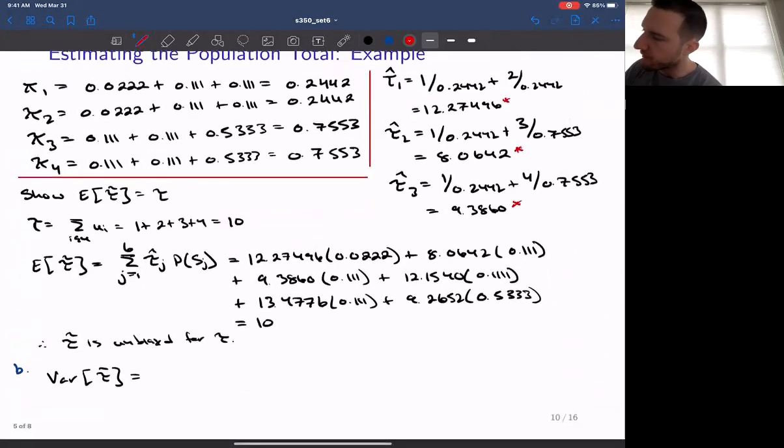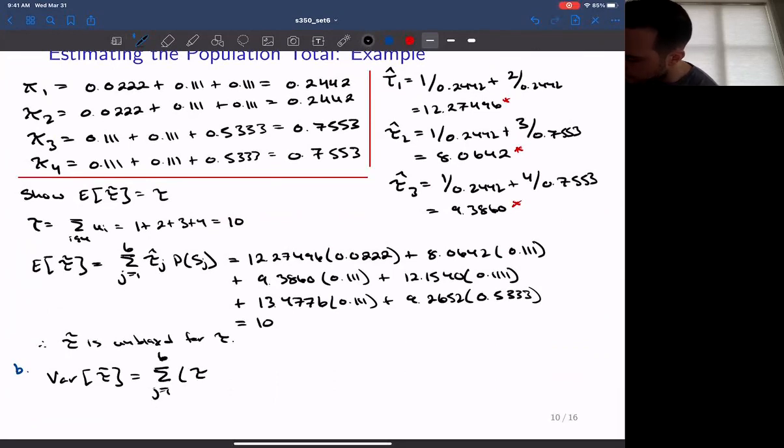Okay, so to find the variance, we're going to sum from j equals 1 to 6 of each tau hat j minus the true tau, squared, multiplied by the probability of observing the sample. So that's basically just the definition of the variance. The only difference here is that we don't have a consistent probability, so you don't get the 1 over n out front because we can't just pull the probabilities out because they change with each of the samples. Okay, so for example, the first calculation here will be